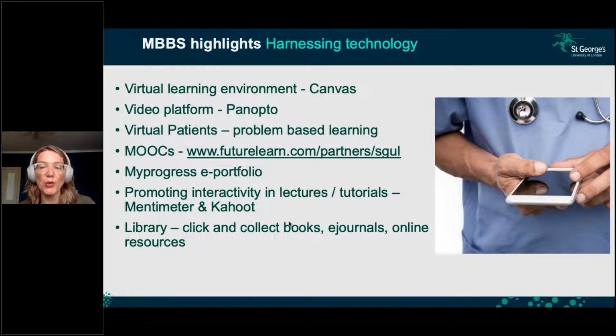This includes our virtual learning environment, Canvas, which can be used on a desktop, a tablet, and a phone, and is easy to navigate and user-friendly, providing you with 24/7 access to all of the course materials. Canvas has allowed us to create online learning journeys for particular topics with embedded videos and quizzes to enhance learning. We even have a COVID-19 course, which includes a virtual ward round developed by one of my colleagues, who's a